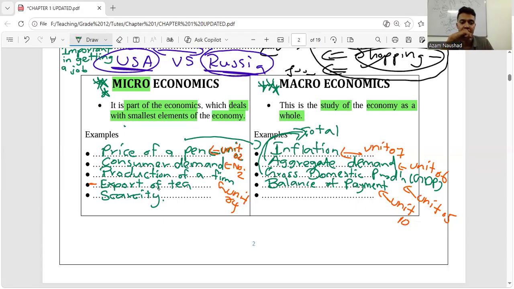Scarcity. So scarcity is also a microeconomic concept. I'll teach this one again in the upcoming class. And I have given you, okay, and then aggregate demand was, write it as national income. National income. National income. So it would be helpful for you in unit number 5 and 6, national income.